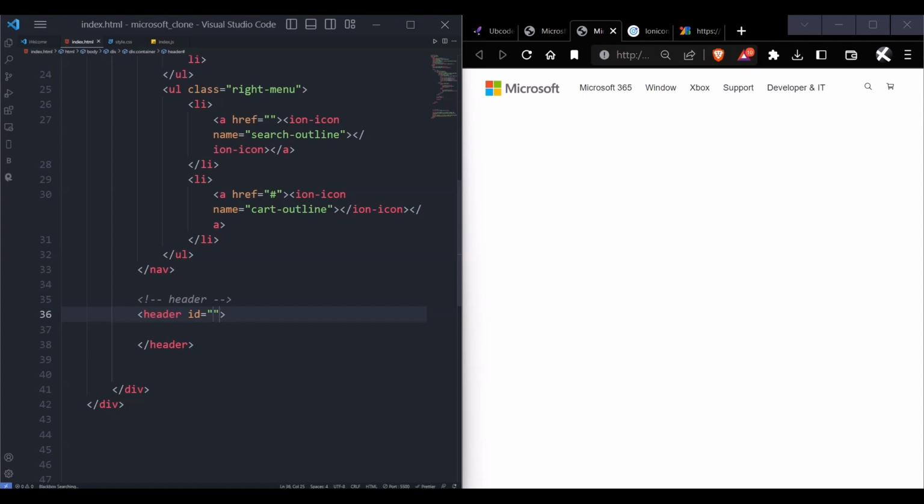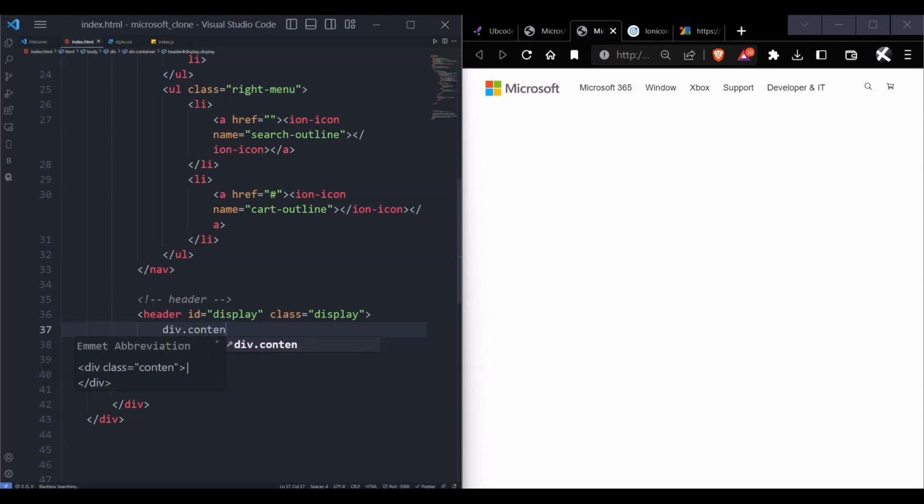If you're doing a header, use the header element. If you're doing the main, use the main element. If you're doing a footer, use footer. It's just better semantics. So give this an id of display and a class of display. Right, and here I'll give you a div with a class of content,